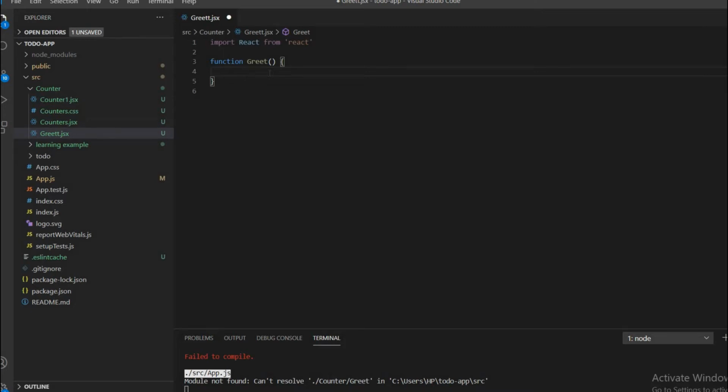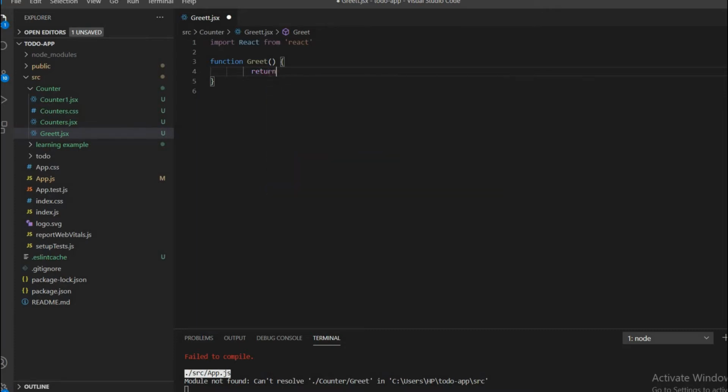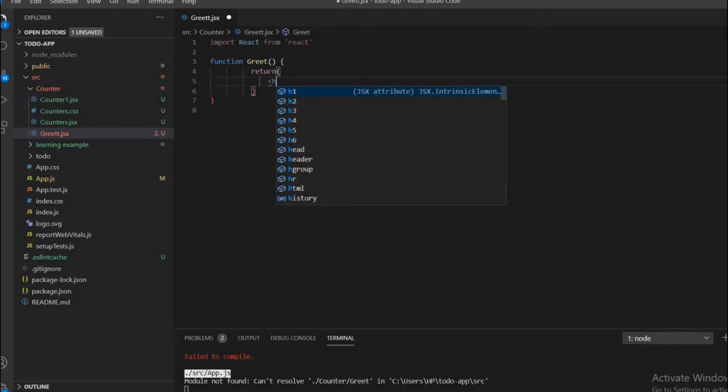Function greet and return an h1 tag that says hello Anu.